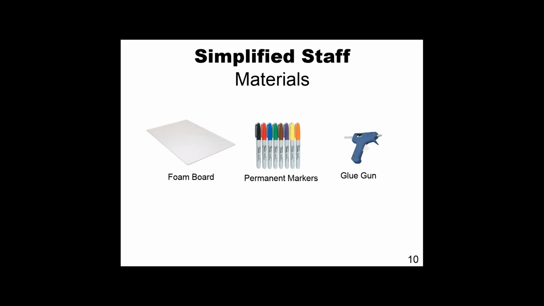So to make this, what I used was foam board. I tend to use a lot of foam board because I find that it's very durable. And I cut it in a small rectangle that the students could fit in their hands. Now I only made one, and I sort of use it when I'm working with my students with special needs. But you could definitely make multiple and have lots of students having these in their hands. So you use foam board with some permanent markers and a glue gun. The glue gun is a staple in a lot of these materials today. So the glue gun was very helpful.